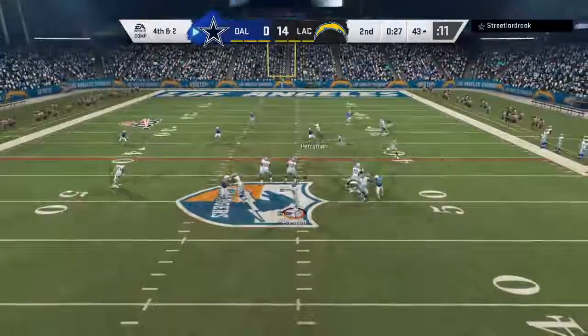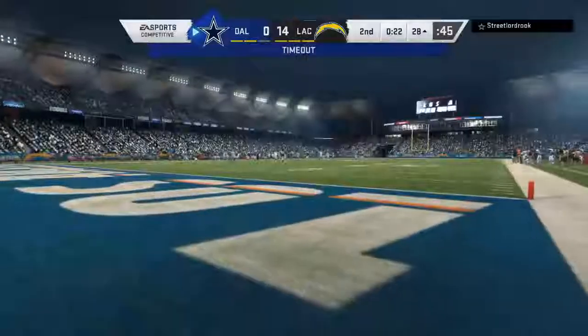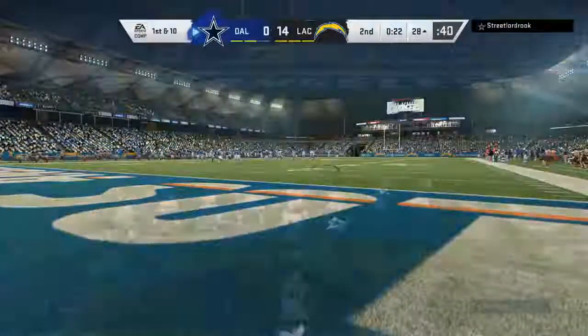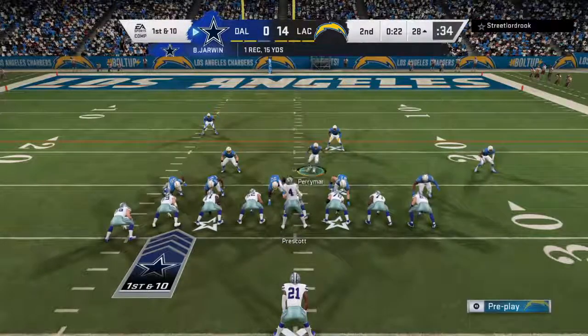Fourth down, Prescott. Outright completes it to Jarwin. How about them biting off 15 yards there on the fourth down attempt and keeping the drive alive? Now the Cowboys going to burn the first of their timeouts as it comes with 22 seconds to go here